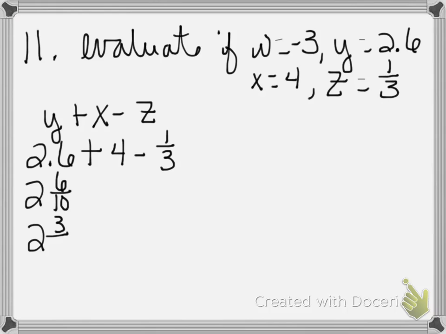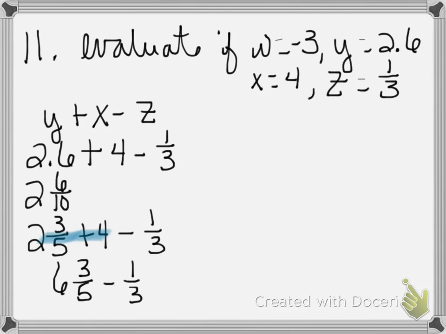So we have to convert the decimals to fractions. 2.6 is the same thing as 2 6/10. I'm going to reduce 2 6/10 to 2 3/5 plus 4 minus 1/3. Now I'm going to go ahead and combine the 2 3/5 plus 4 and get 6 3/5